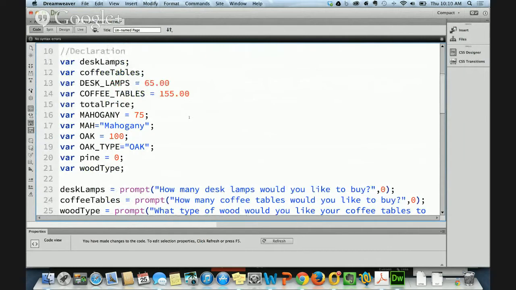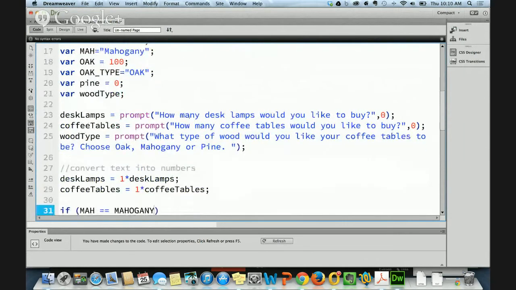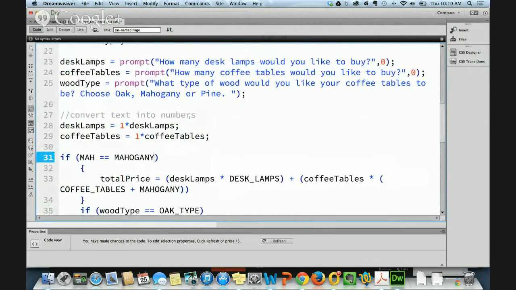No, that's not going to work either. It should have been if wood type, that was right. It's wood type we brought in as a string. So if it's the same as MAH, then total price is equal to desk lamps times desk lamps plus coffee tables times, oh,